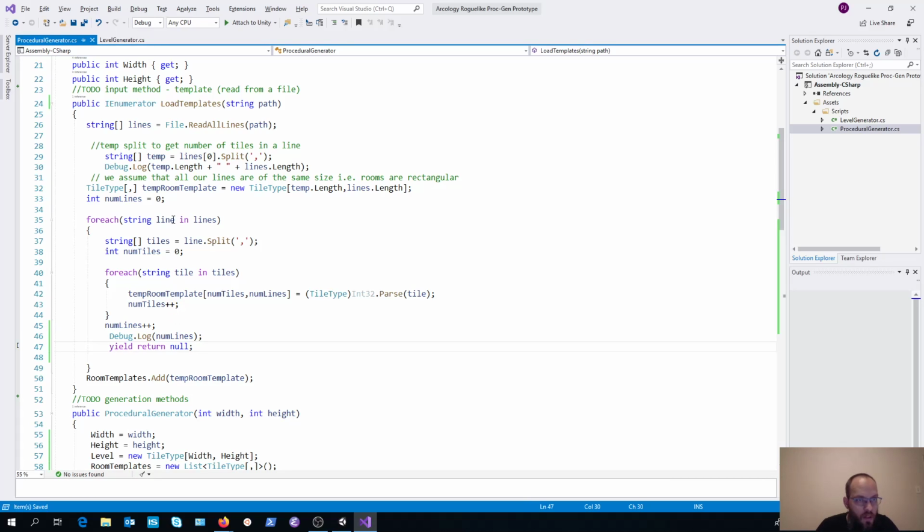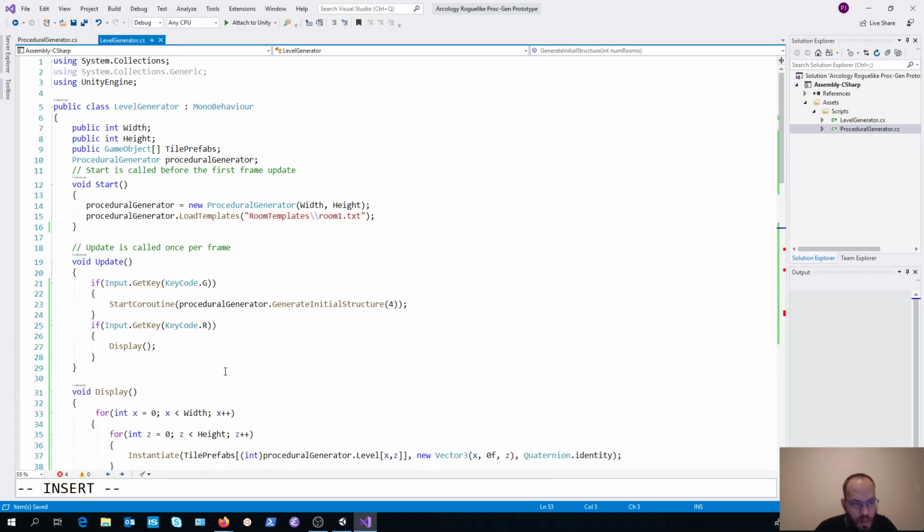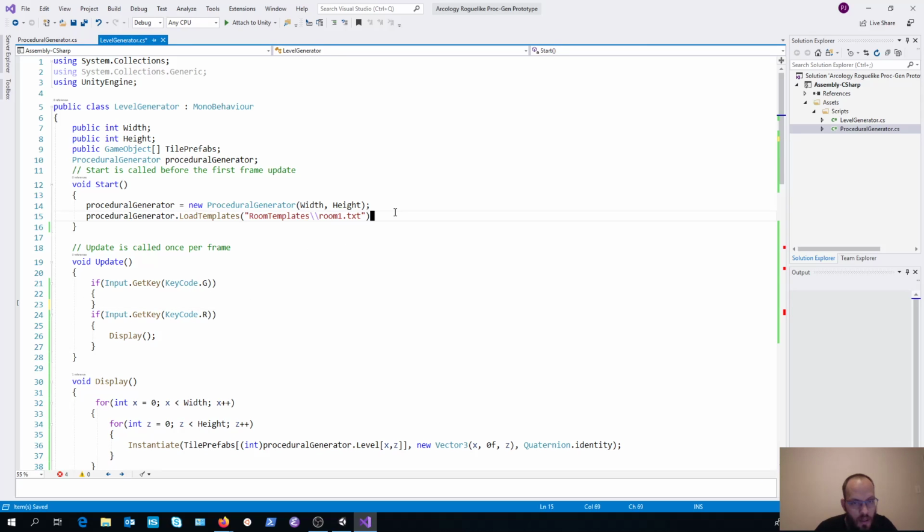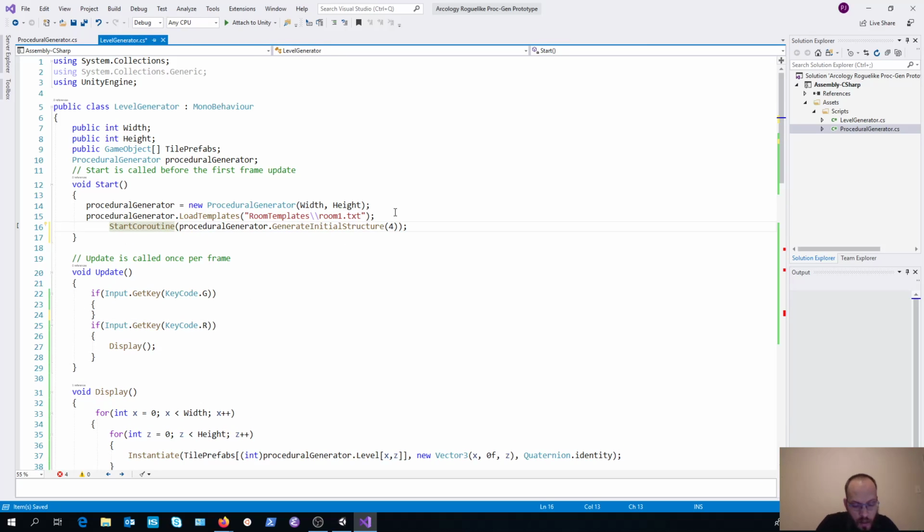Reading from a file is a lot more computationally expensive than actually just calculating some values.